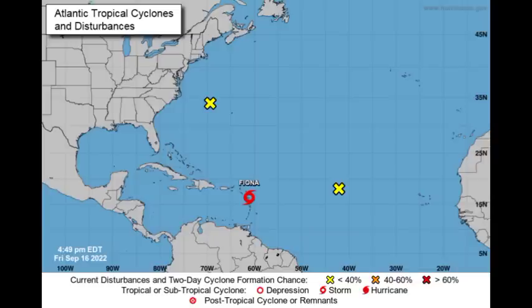So I'm here with an evening update on Tropical Storm Fiona. It is now entering the Caribbean and it is going to be unleashing dangerous conditions across sections of the basin, and it is expected to become a hurricane. We're going to be talking about the latest from the National Hurricane Center as well as what is expected